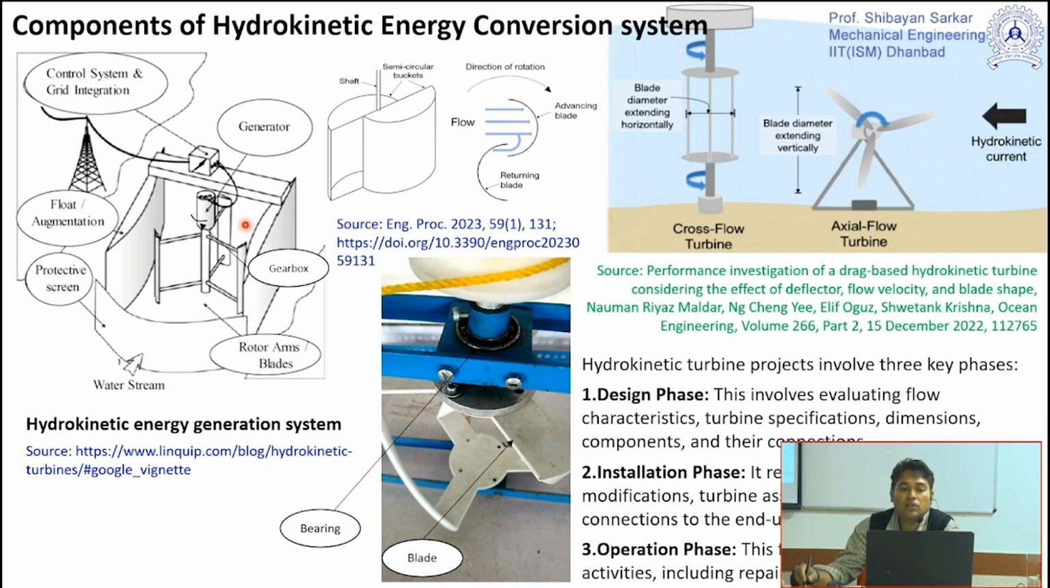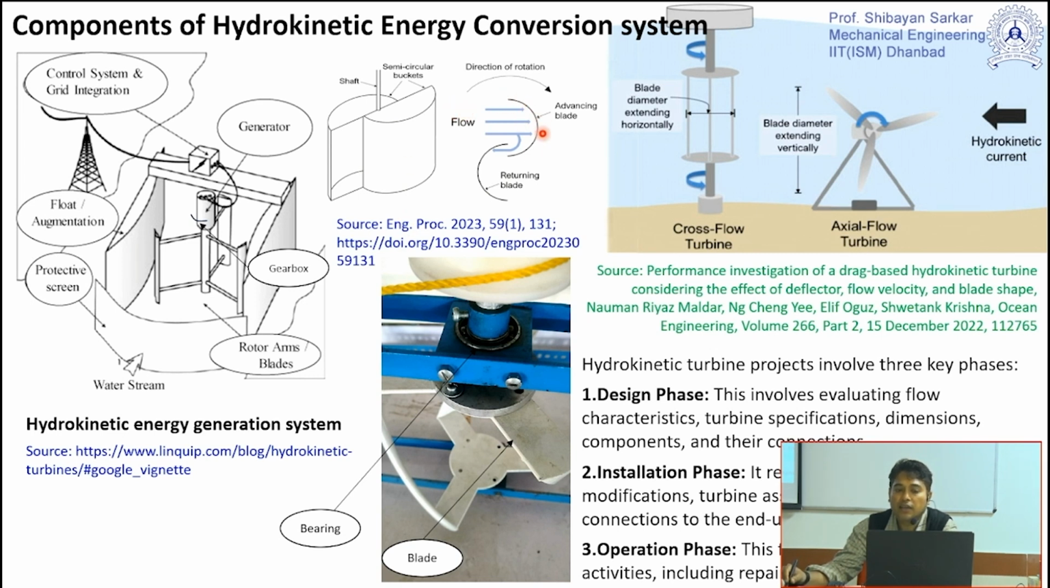So here also you can see this is one type of turbine, Darius type of turbine. This is another type of turbine. This is called drag based turbine. And in this drag based turbine, there is the advancing blade, this is the retarding blade. That means if fluid is flowing in this direction, here in this particular figure, fluid is flowing from left to right,